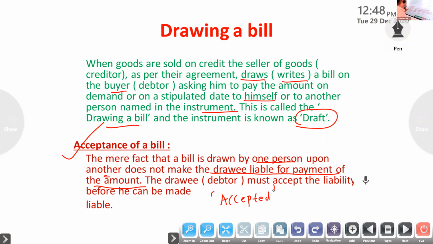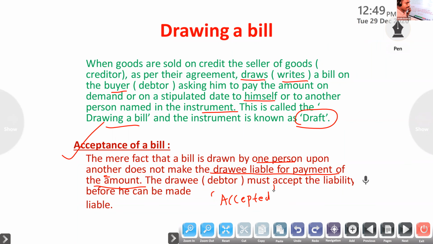So normally, after writing the bill, the drawer has to give that bill to the drawee. Suppose I sold goods on credit to Sharath, means I have to write the bill. If I am writing the bill, that is drawing the bill. After that, if it becomes a valid bill of exchange, I have to give that bill to Sharath. Then Sharath, if it is an ordinary bill, has to accept within 48 hours of its receipt from the drawer. Otherwise, it will be